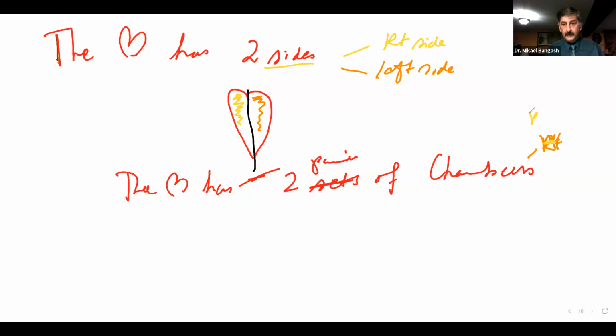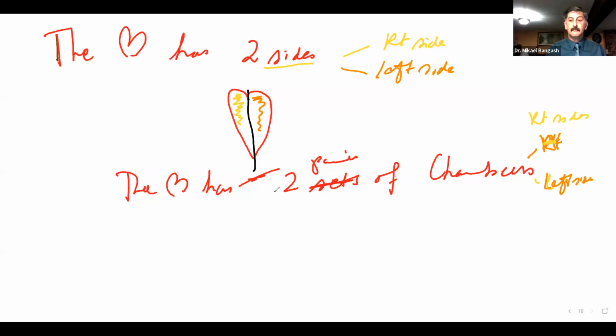So one pair can be the right-sided chambers. And the other pair can be the left-sided chambers. That is one way in which the two pairs of chambers